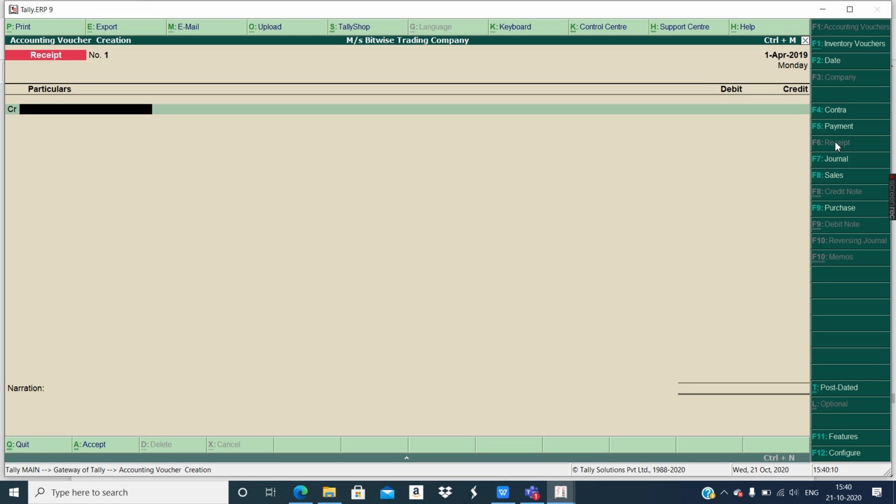You can write down the shortcuts. I told you about two shortcuts. To select the complete screen, use the shortcut Control A. To create a ledger in the voucher entry screen, whether it is an accounting voucher or inventory voucher, from any kind of voucher entry screen, if you want to create a ledger on the spot, you can use the shortcut Alt C. Now I'm going to use the shortcut Alt C.